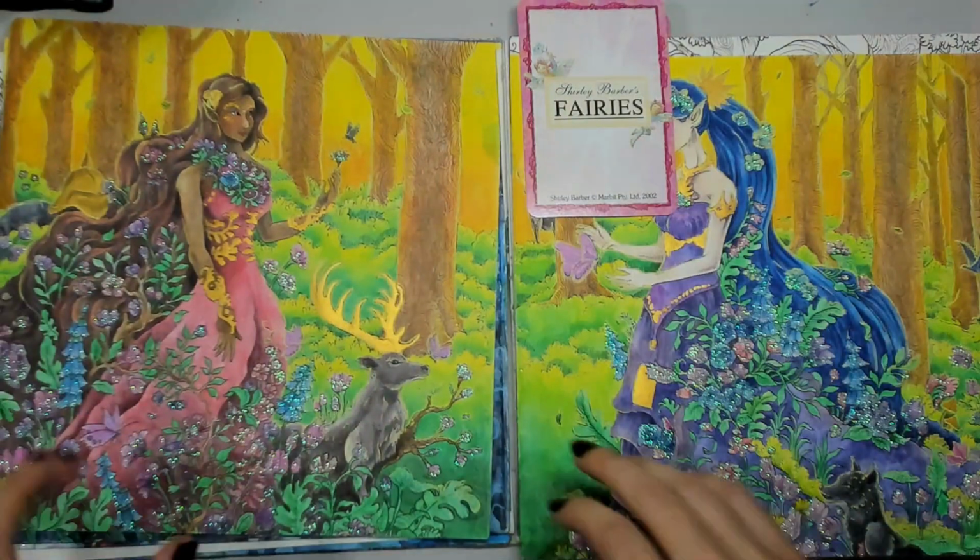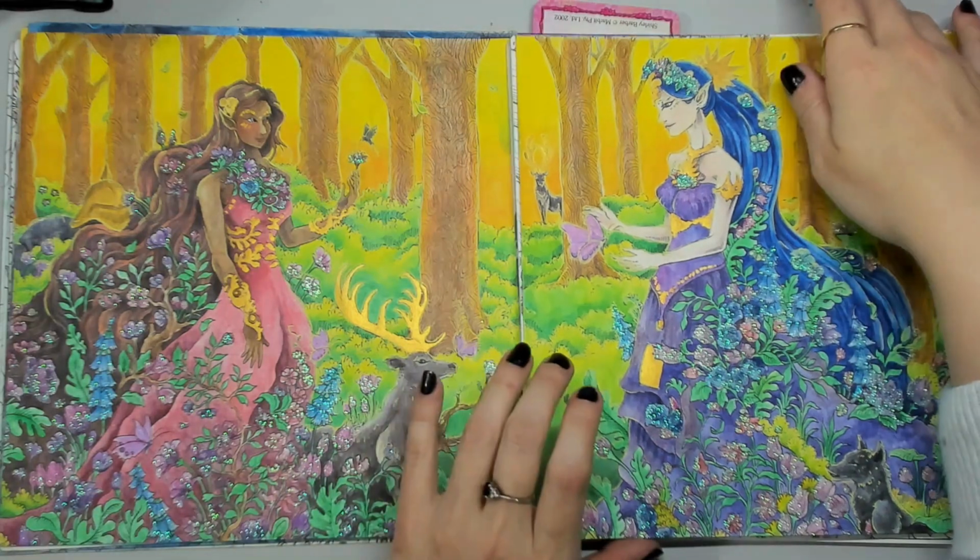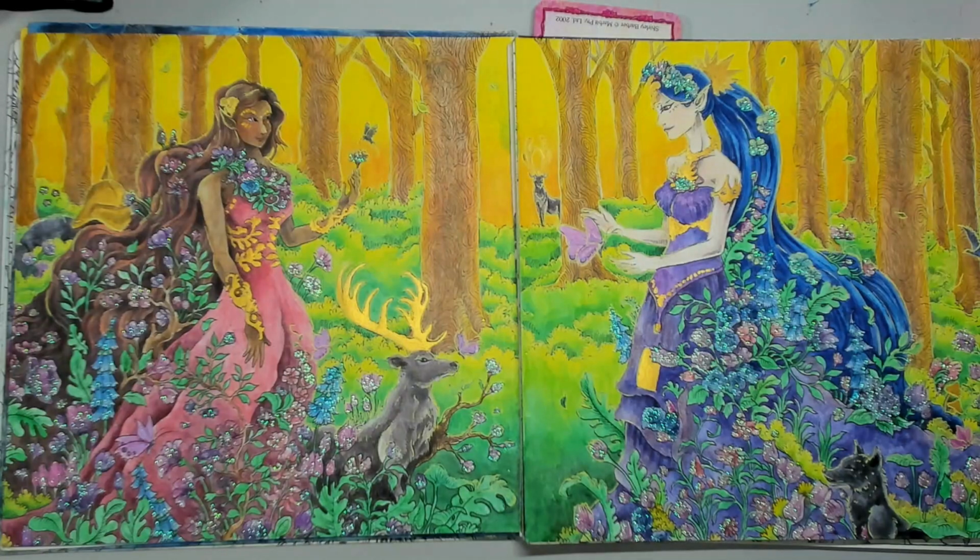So another one that was finished this month is the Nymphs. The Nymphs were another long-term work in progress. It's been going for a couple of months. I like to have a spread that I can work on when I'm at the doctor's or waiting for a bus or just anywhere where I might have to wait a while. Yeah, it just helps to have something where I know it's not being recorded so I can just pop in and do a little bit while I've got some time and then carry on with whatever I need to carry on with. So this one uses Derwent Inktense pencils, Polychromos, Prismacolor, Posca, Stickles Glitter Glue, and the